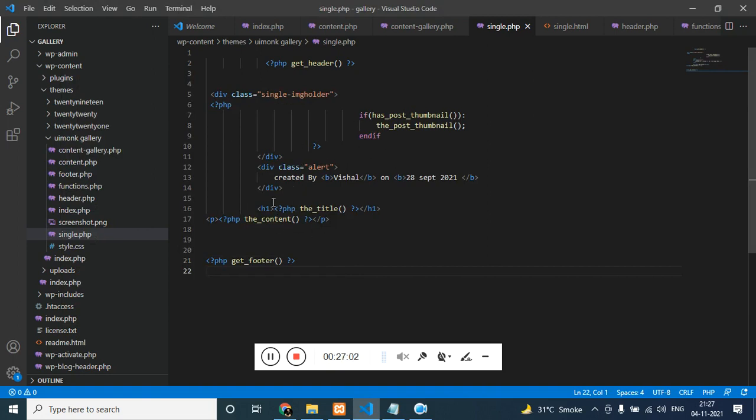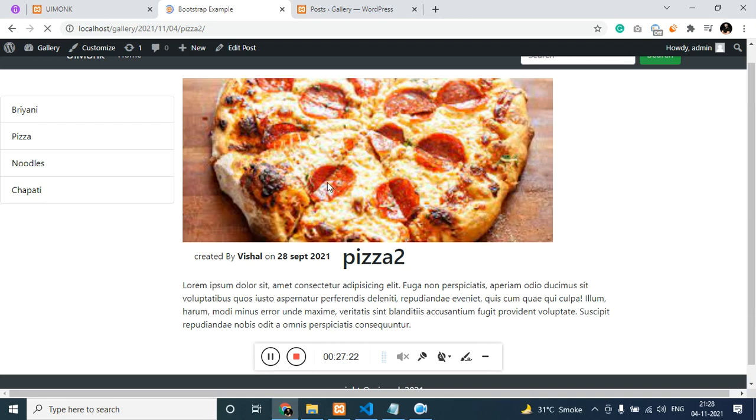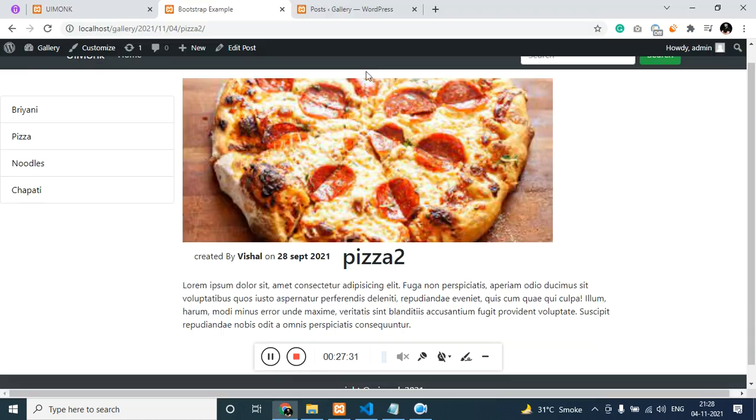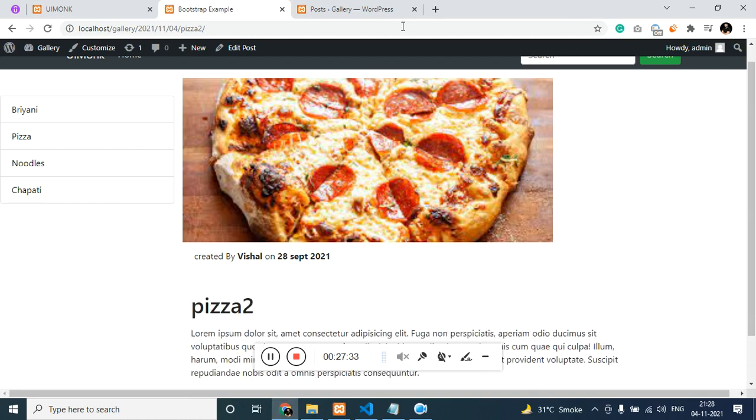Over here we have h1, alert closed, single image is closed. Let's try making this a break tag. Cool, there is a div which is not closed, that's the reason why you're getting that kind of error.